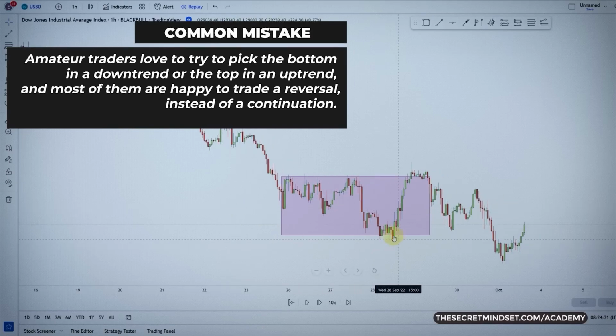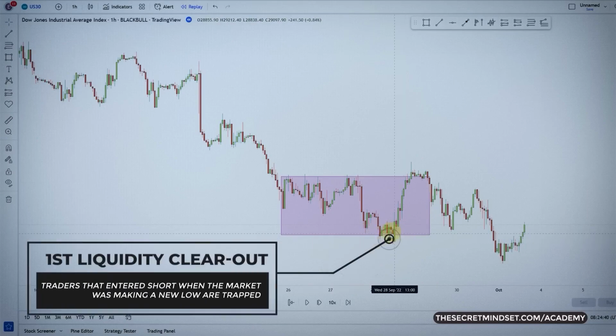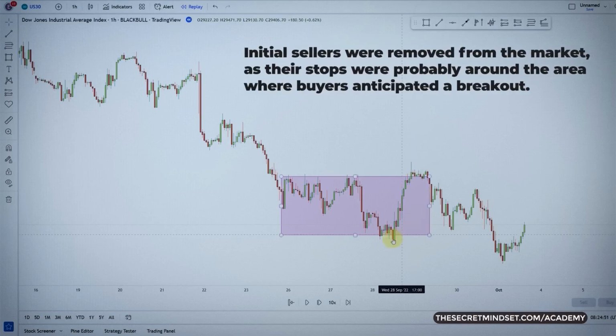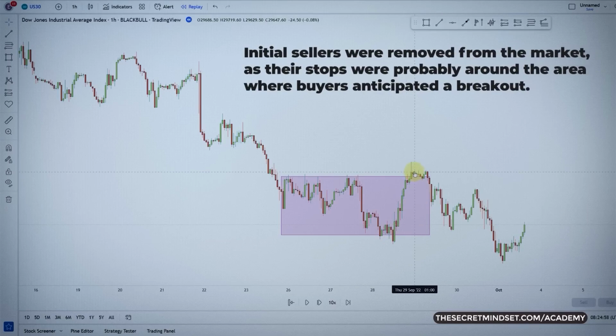On each of these false breakouts, in this example, two different types of traders were trapped. First, traders that entered short when the market was making a new low, and the second batch of traders that thought the downtrend was over, so they started buying. So initial sellers were removed from the market, as their stops were probably around this area, where buyers anticipated a